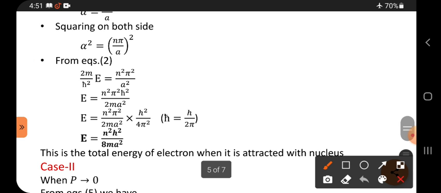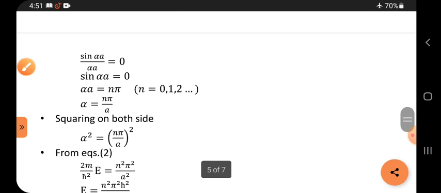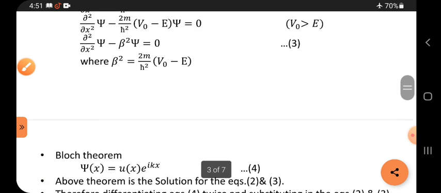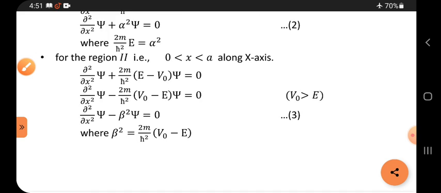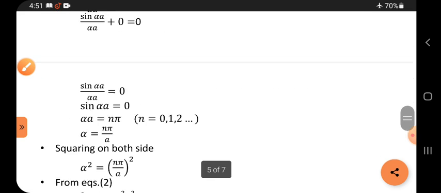See here, why is equation 2 needed? There we have the alpha square term. So once again, let me go back to the second equation. In the second equation, alpha square is 2m by h cut square into e, right? The alpha square term, that is,